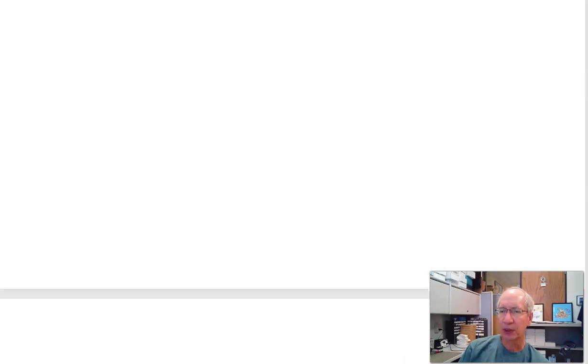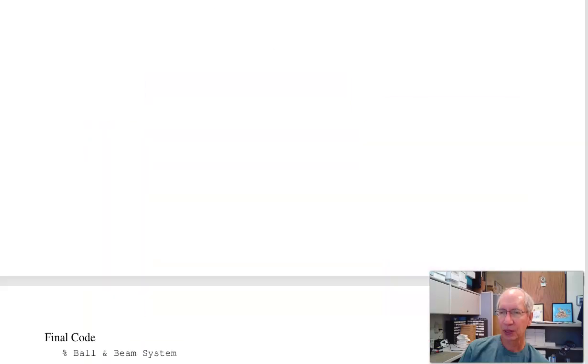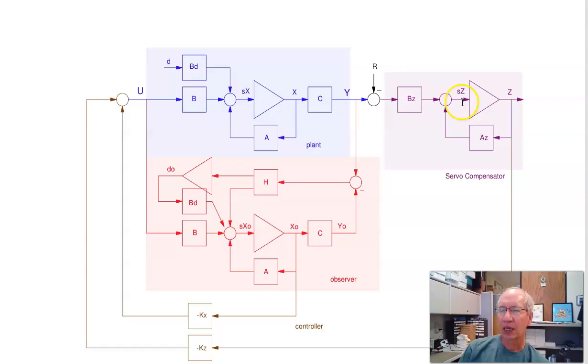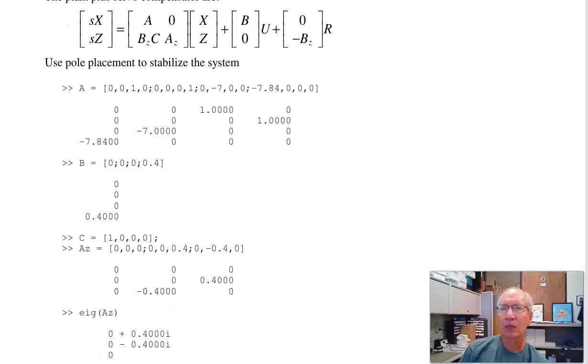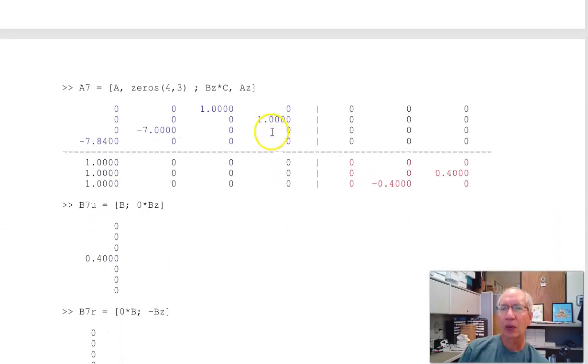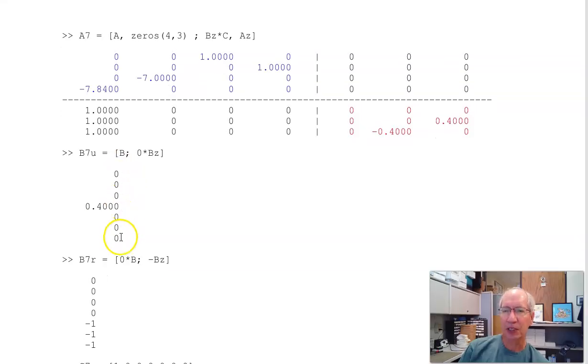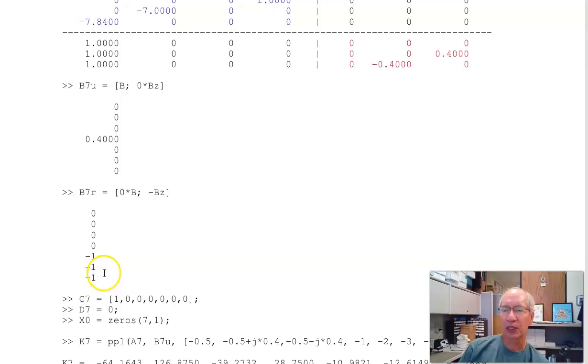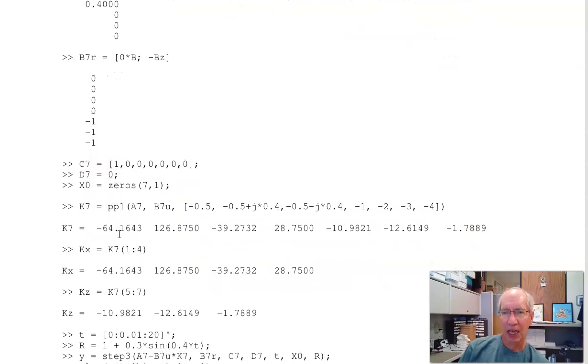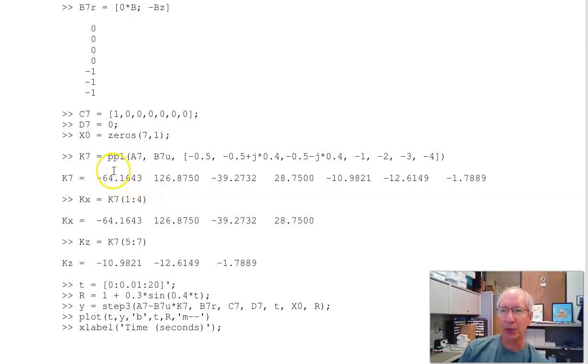Again, that corresponds to this block diagram. The servo and the plant, I'm feeding back the plant states. Create the augmented system. So here's the A matrix. Here's my servo compensator. This is B times C. The B matrix with respect to U is just the B matrix, doesn't go into the servo. The input of the servo is minus 1 times C. I'm going to look at the position